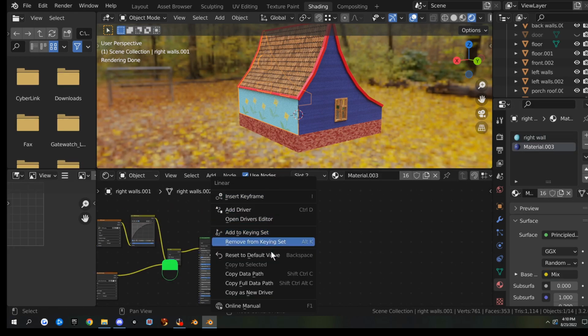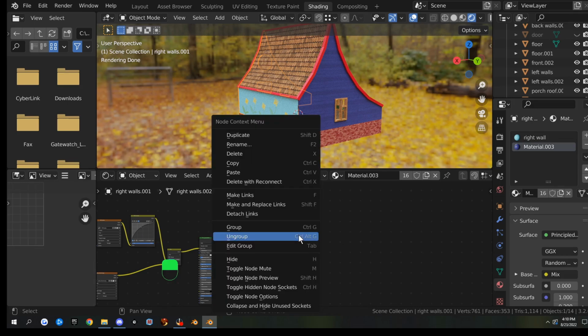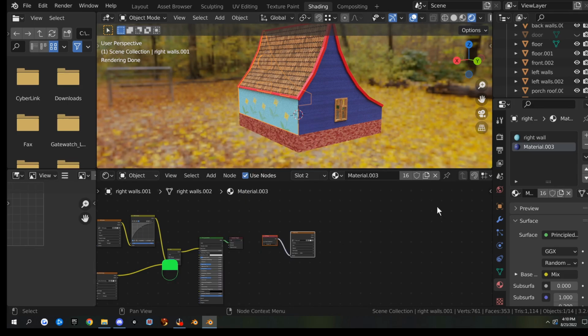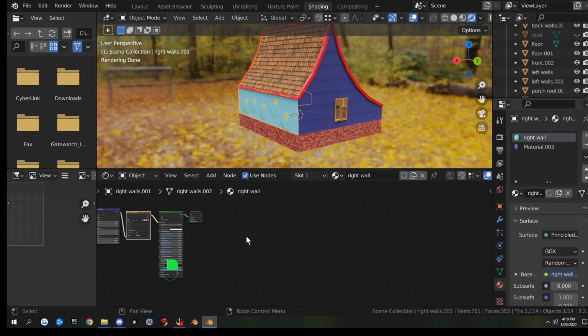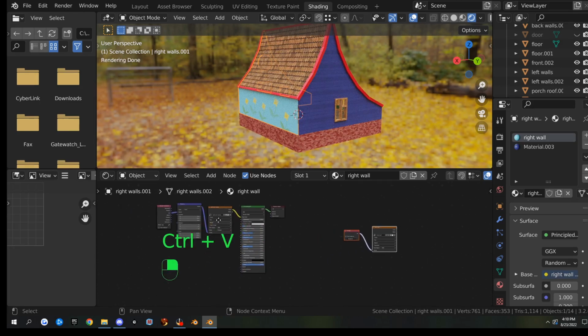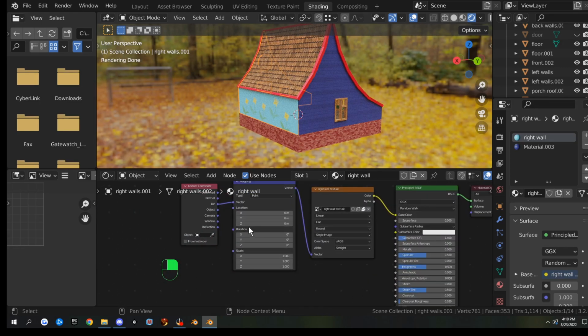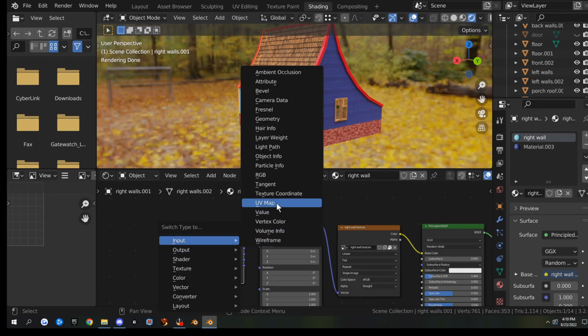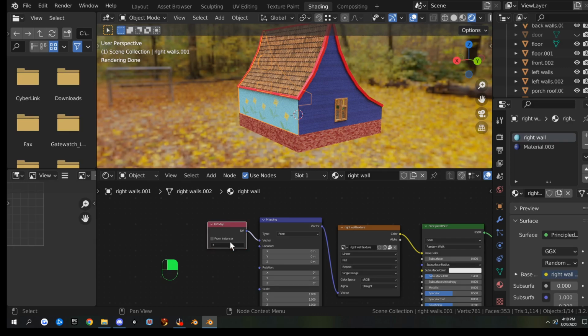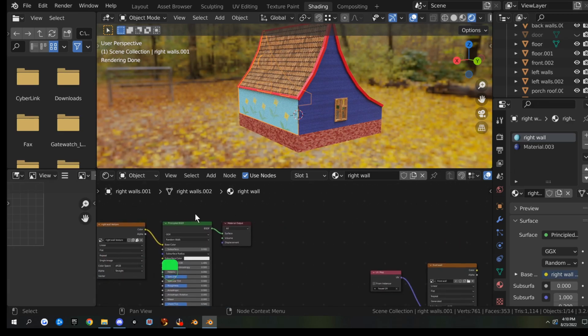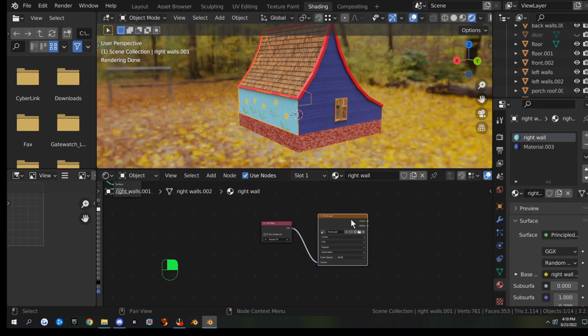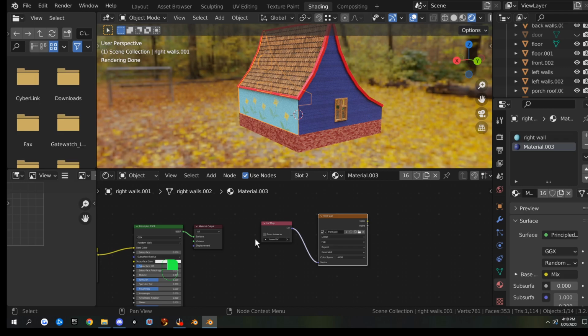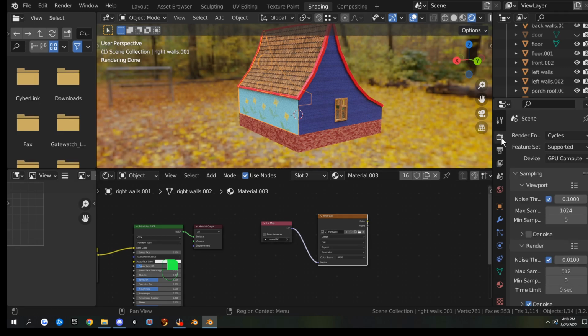Right click. Copy it. There we go. Copy. Select our right wall. Control V. Paste it in there. And change our texture coordinate node on this one. Don't forget to change your texture coordinate nodes, guys. UV map, and that's going to be UV. Make sure this one's selected. House UV is right. Make sure this one's selected. House UV is right. Back to our render tab